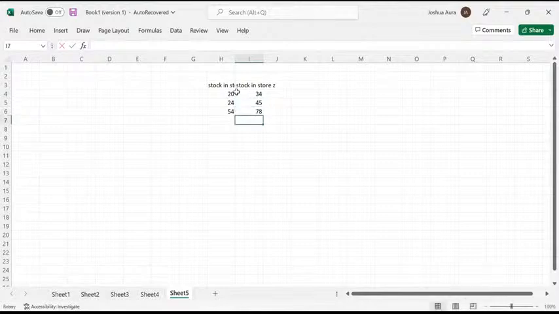And then the first thing that I realize here, ladies and gentlemen, is that I can't read my titles. So straight away this stock in store Z, the sentence is bigger than the cell. When you realize that, as a good student of Excel, what you're supposed to do immediately as a warm-up, before I start showing you what I would want us to do today, is to highlight the entire Excel. To do that, you could say Control A,